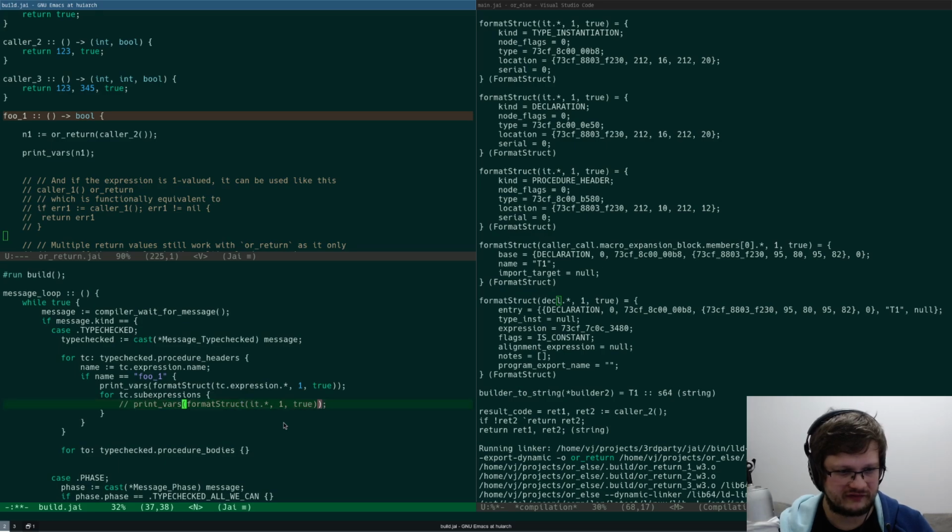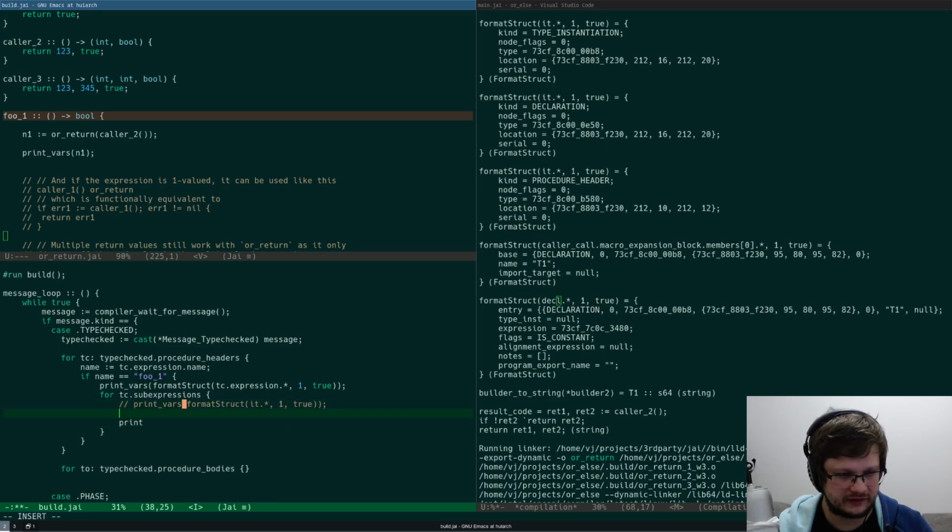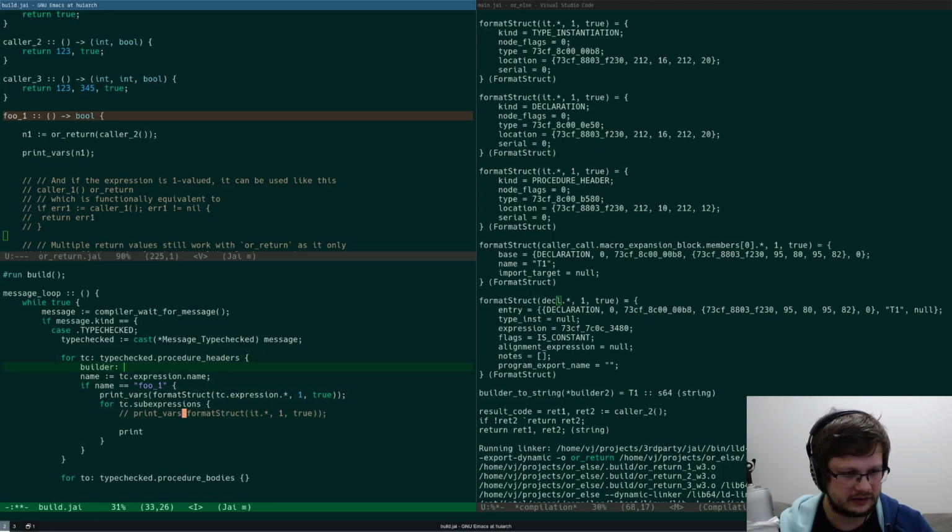So instead of printing vars, we would have procedure header name. We would have a string builder, and then we would do print expression.